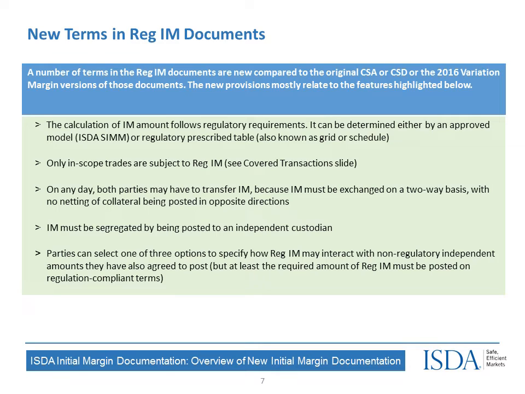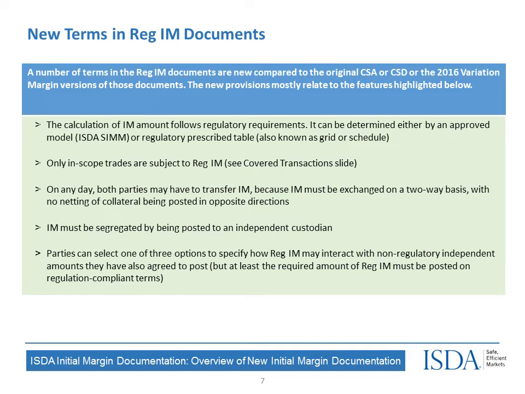We'll also have to determine or deal with the fact that there are two-way collateral flows and the impact that will have on, again, architecture and other decisions we make. We'll need to keep in mind that IM needs to be segregated with an independent custodian at all times. So as Mark mentioned, that will mean that you're not only negotiating ISDA published documentation, but you'll also have to consider bespoke custodial documentation. And then finally, what's provided for in the 2018 documents,